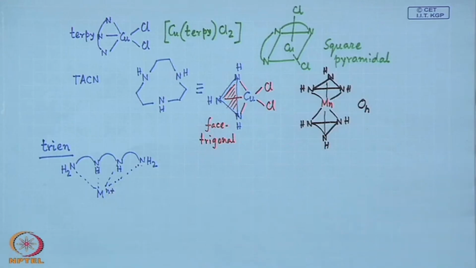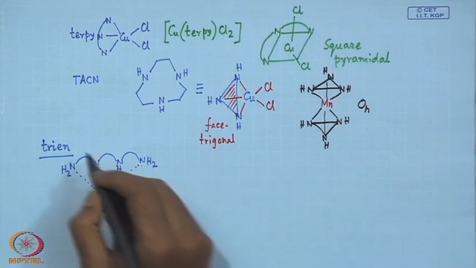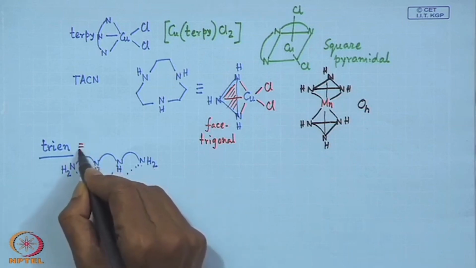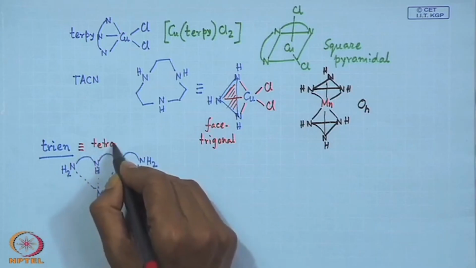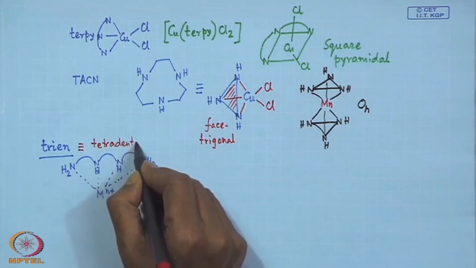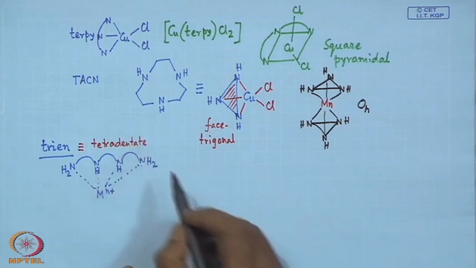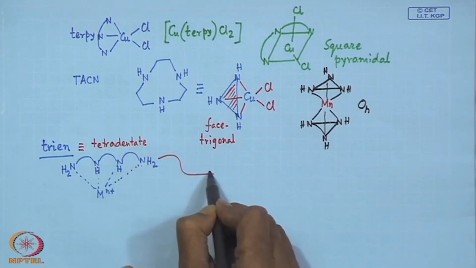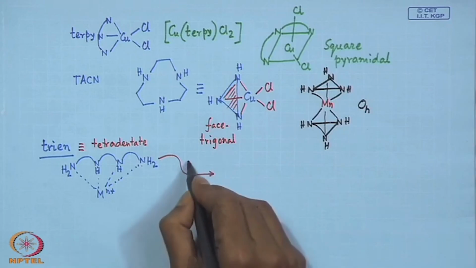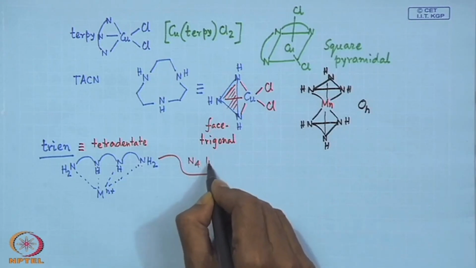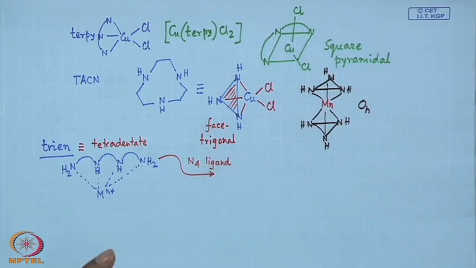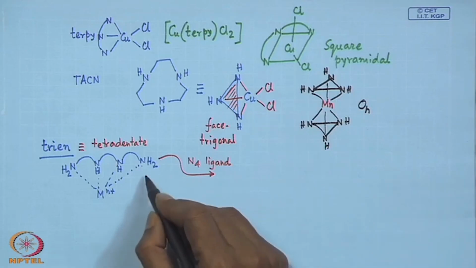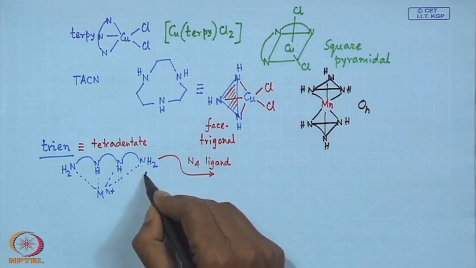So, in a very simple way we get the corresponding triene, which is tetradentate, and this one is the N4 ligand, and this N4 ligand can be further derivatized because we have the NH2